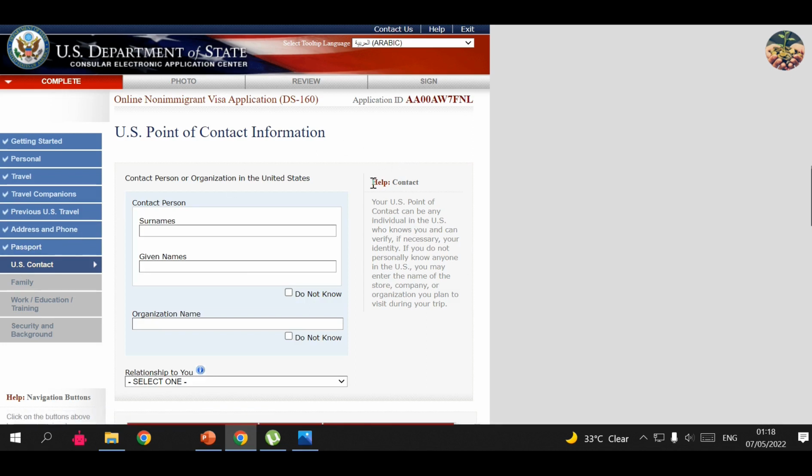If you have anyone who's staying in the US and you're probably going to visit this person, you have to put details about this person. And if not, just make sure to select do not know, and then organization name, and this is gonna be probably the hotel that you're gonna visit in the USA. So you can go ahead and put the hotel name,